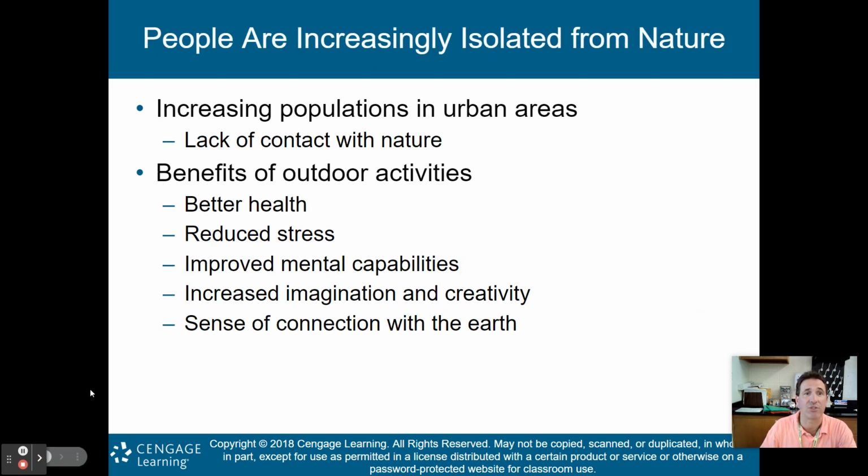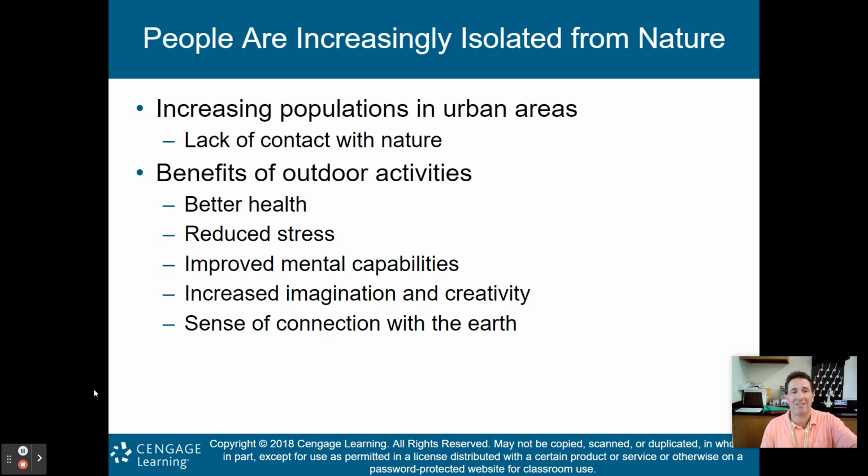in environmental science. Also, people are increasingly isolated from nature, right? These are the reasons why environmental science is such an issue now, because not a lot of people hang out outdoors. So we're increasing population in urban areas, but that again is that lack of contact with nature. If you live in New York City and you don't really leave New York City, maybe you don't see the pollution to a river upstate, or maybe you don't see the pollution to the Atlantic Ocean down near the Carolinas, right? Because you're just living in your urban area. You don't see it.